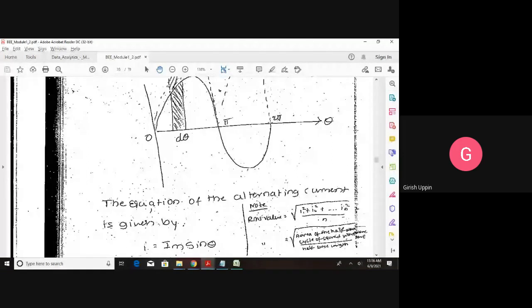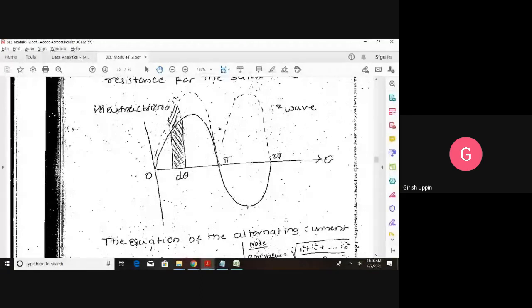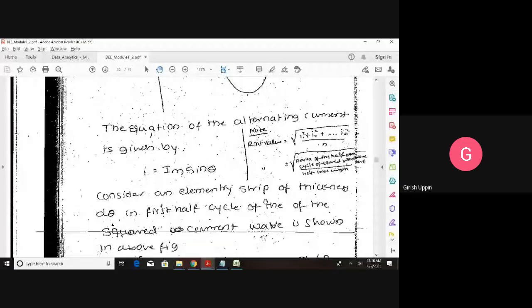So the RMS value is the area under the squared waveform divided by the time period, and then the square root of the whole thing. So what is the RMS value? The RMS value is the square root of the area of the squared waveform for the half cycle divided by the half cycle time period. Now, in the same way, I is represented as I is equal to Im sin theta,